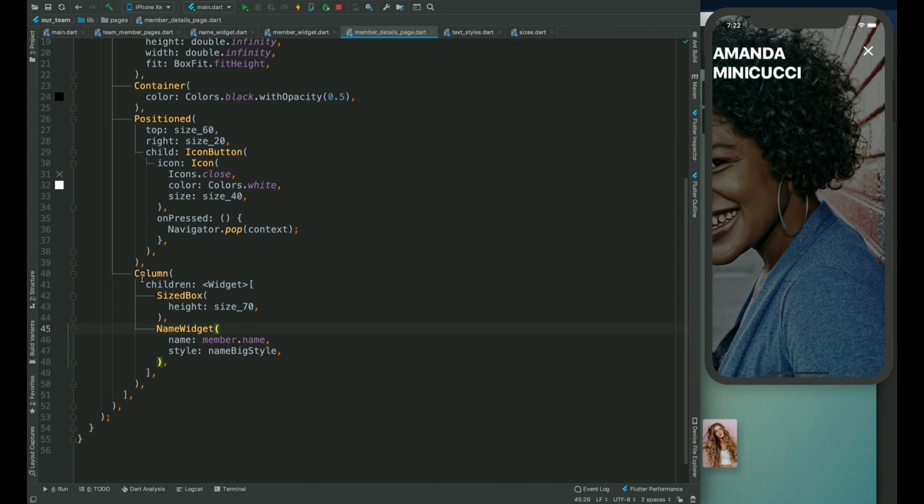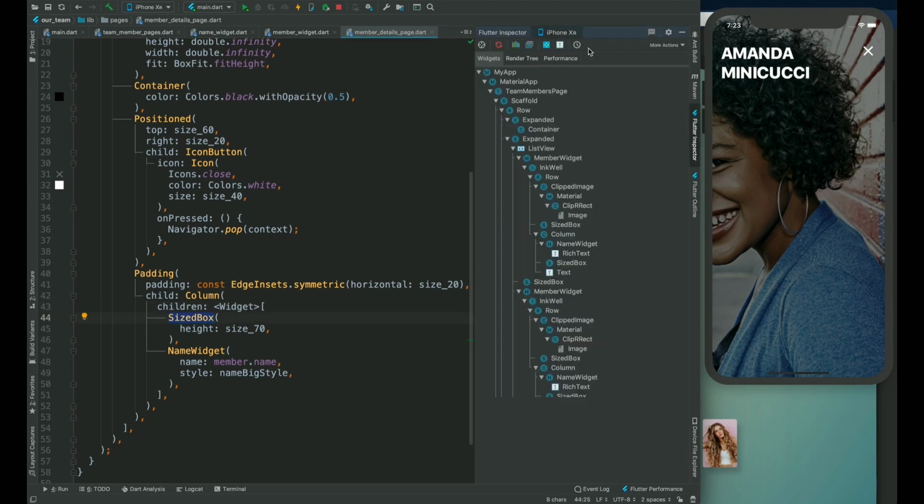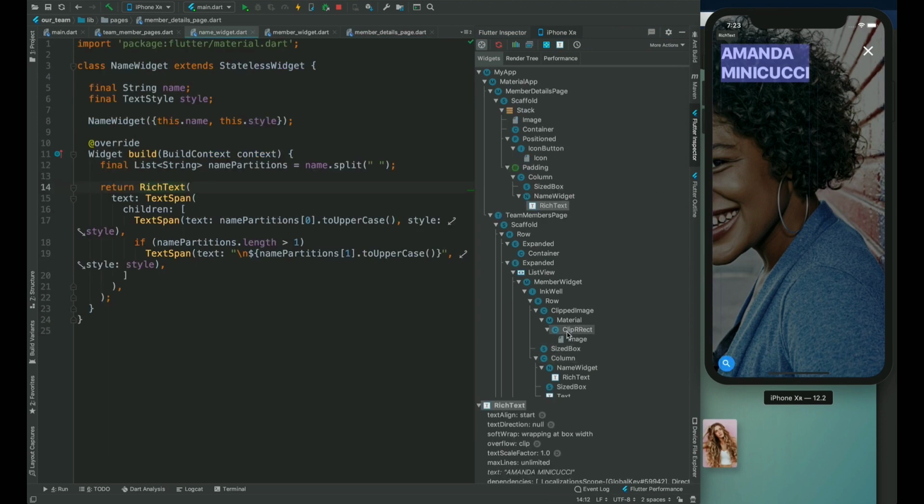One thing we can do here is wrap this inside Padding, and the padding can be symmetric horizontal, size 20. Let's see. Yeah, it looks good, no problems with that now. But it's on top, right? So there is a SizedBox of 70 which seems to be not working here. Let's see what is the issue with this. So this is a SizedBox, and